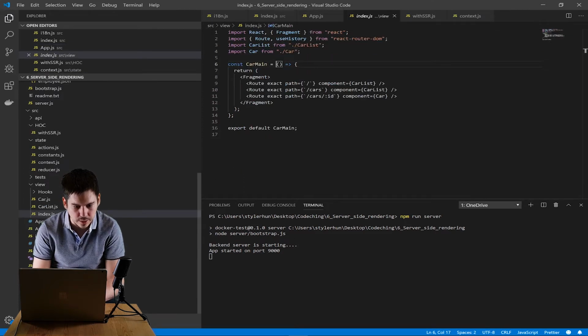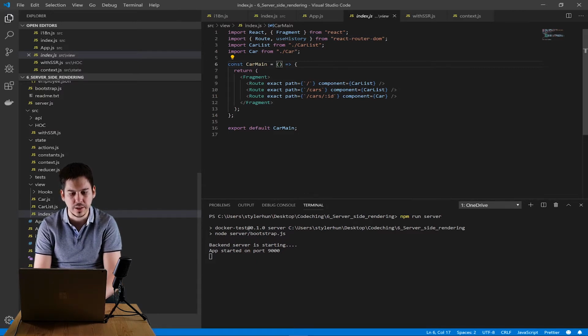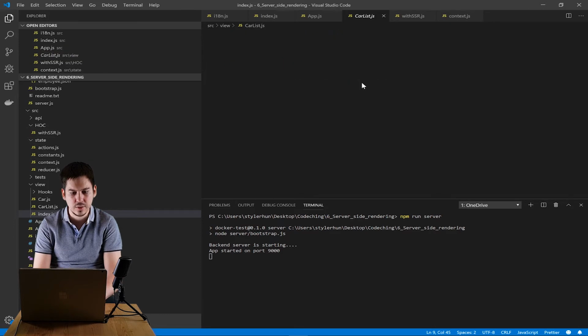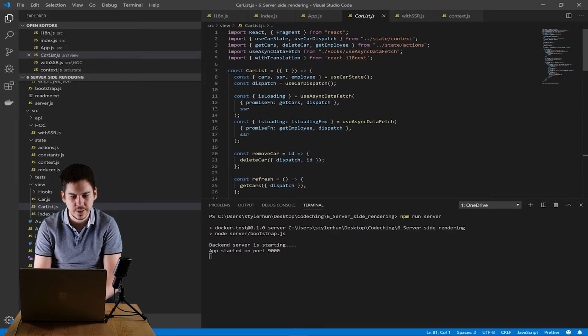Now, if you open the view/index.js, you can find the car main component here. This is the component which is used in our app component inside our provider. This component contains some roots, for example the /root, the /cars, and the /car/id root, and it decides which component will be rendered, the car list or the car component. The car list component renders the car list basically,